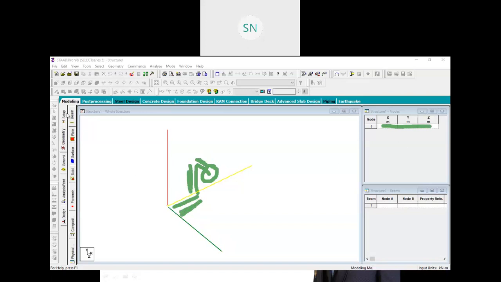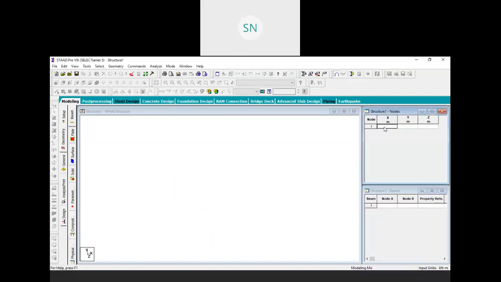Now see, the first point I am placing is 0, 0, 0, that means this is our origin. See, this one is our origin. Now the next point I want in the x direction at around 5 meter. I just want an x position at 5 meter. So this is our x direction. See, here we have a UCS icon, so you can view which one is our x direction.